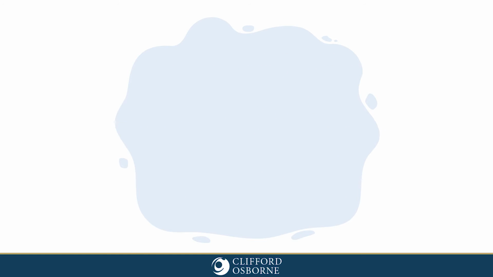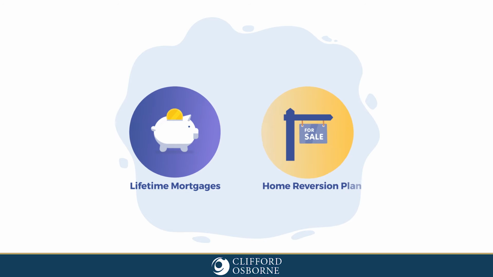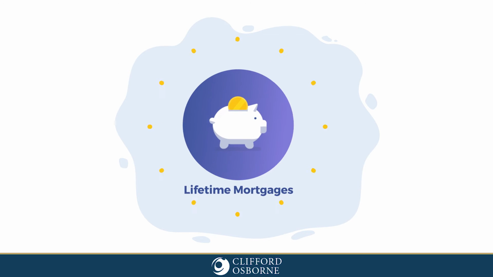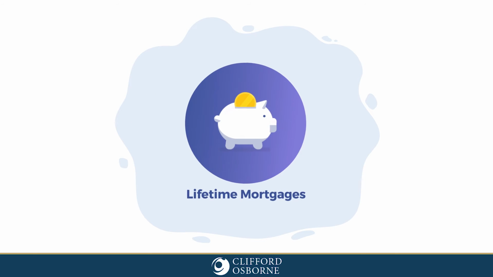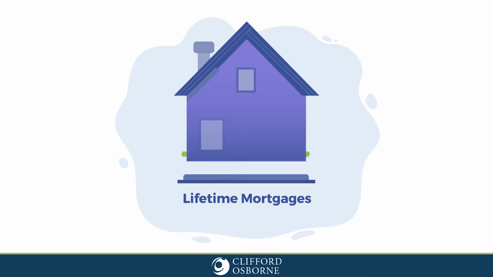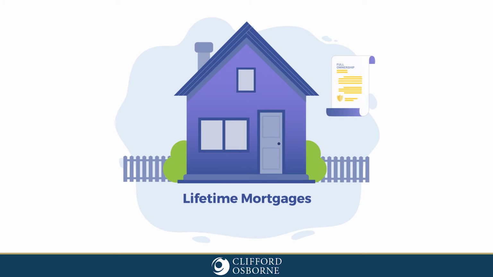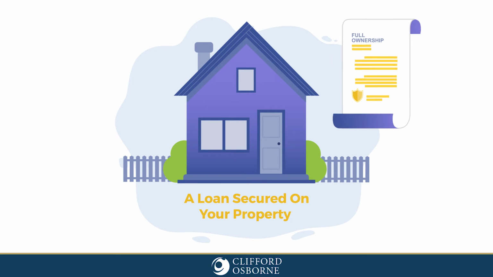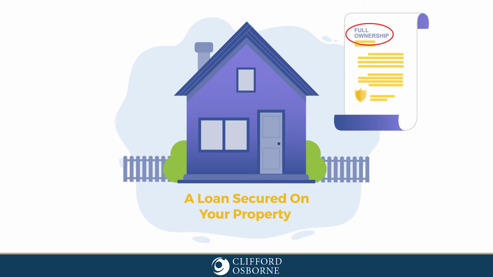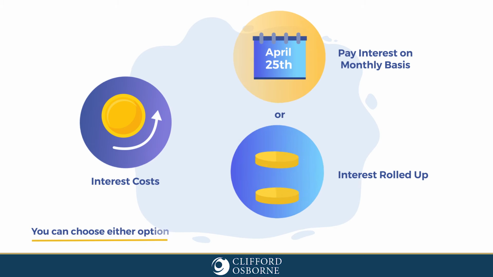Of the two types of equity release schemes available, it is the lifetime mortgage which is by far and away the most popular in today's marketplace. A lifetime mortgage is, as the name suggests, a loan, and therefore you will retain full ownership of your home. Most lifetime mortgages allow the interest to be rolled up, which means the interest is added to the loan, but many of the newer schemes allow you to pay the interest if you want to. Some allow you to do either over the life of the loan. It can be that flexible.